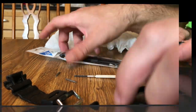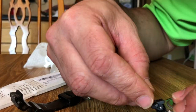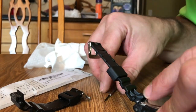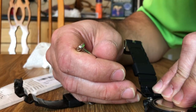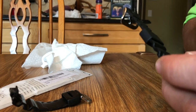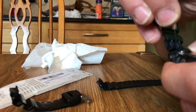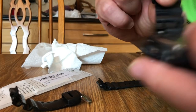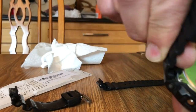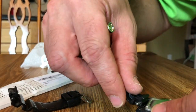Now comes the little bit trickier part here. It's getting the new bands put in. It's very important that you make sure that these pins catch the little small holes. So what I do is I make sure one side is inserted into the hole, and then I slowly work the other pin down by pushing it, releasing the pressure, pushing it inward, and then sliding it down until it